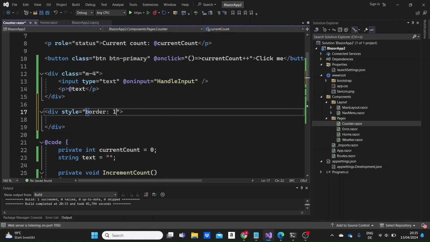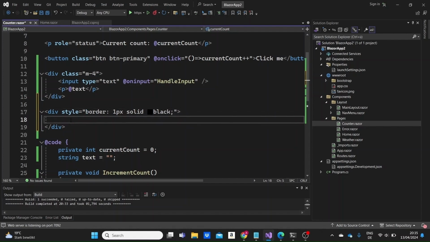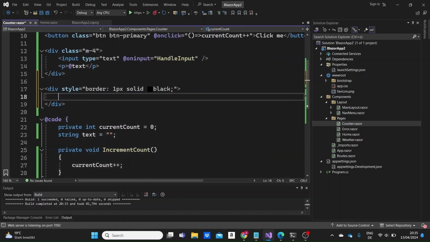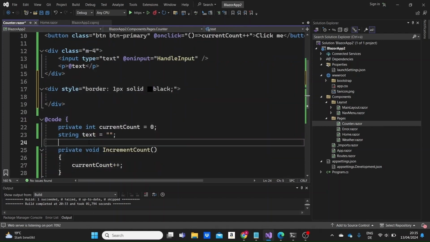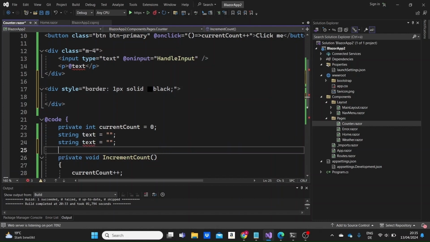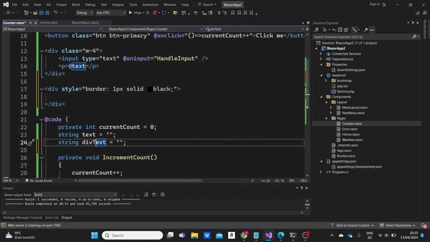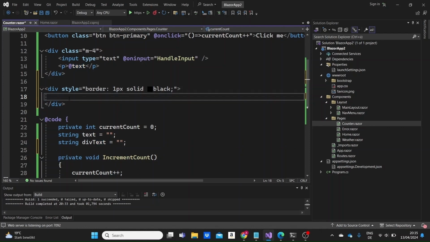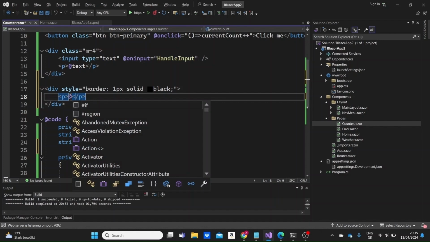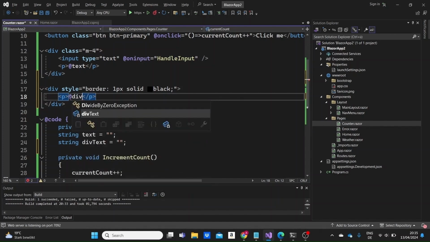So I'm making the border 1 pixel, solid and black. And here I'm going to need another variable, I'm naming it div text. As soon as we hover over some specific division, we want text to be displayed. Just using a paragraph tag again, and here I'm inputting the value of the div text,